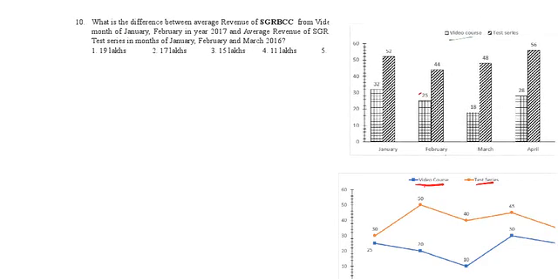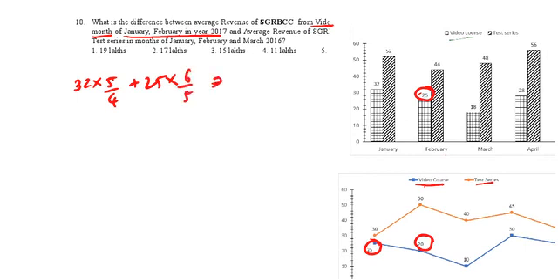January, February 2017 video course. So January video course in 2016 it is 32. 2017 video course 25% increase, 5 by 4. January. February the video course is 25. It is increased by 20. So 6 by 5. So that is equal to 40 plus 30, 70. We need to find average. So 70 by 2, that is 35. We are going to get 35.